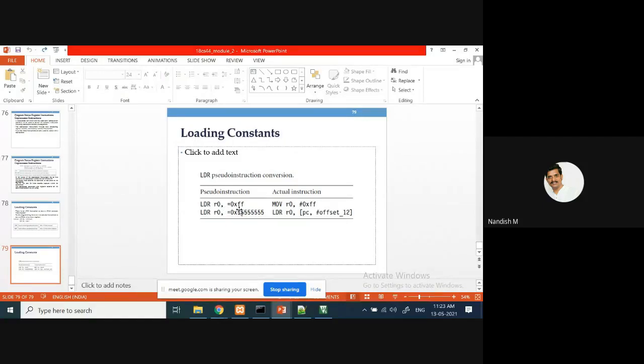R0, equals 0xFF. See, this is what you should learn from this chapter. In the next chapter, we are going to discuss programming, a simple program, how you can write it using ARM, and those basics we are going to discuss.